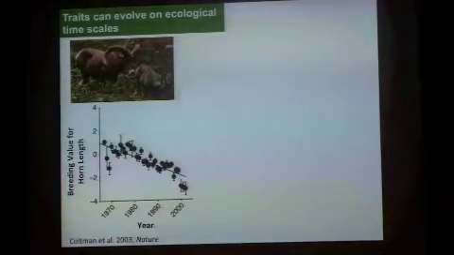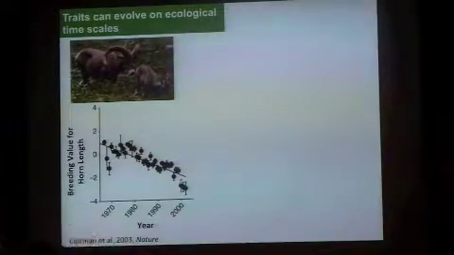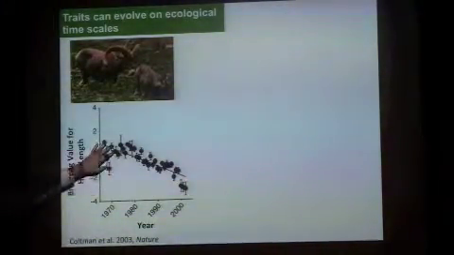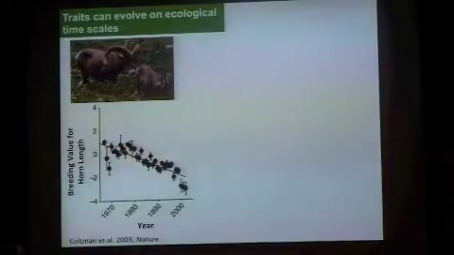So there's a few examples of these really rapid evolutionary changes in nature, and then people started to look for these more in the last decade or so. So here are bighorn sheep in Canada, and this is over about a 30-year time period. And this is the breeding value for horn length. So this is just the amount of horn length that's attributed to inherited genes. And initially, the breeding value for horn length is really big. And over that 30-year time span, it's decreased.